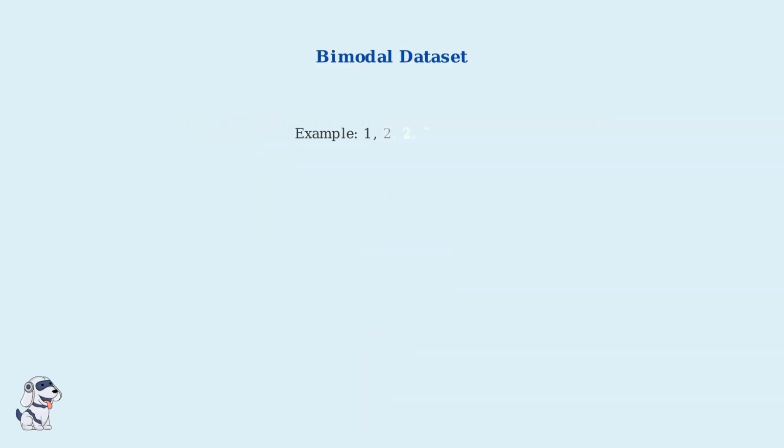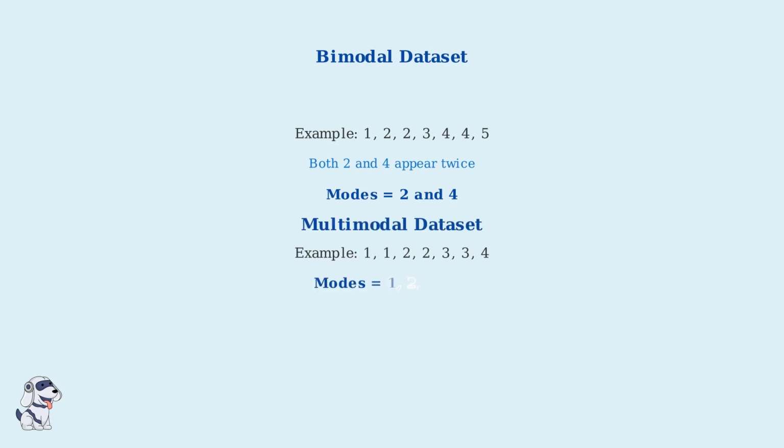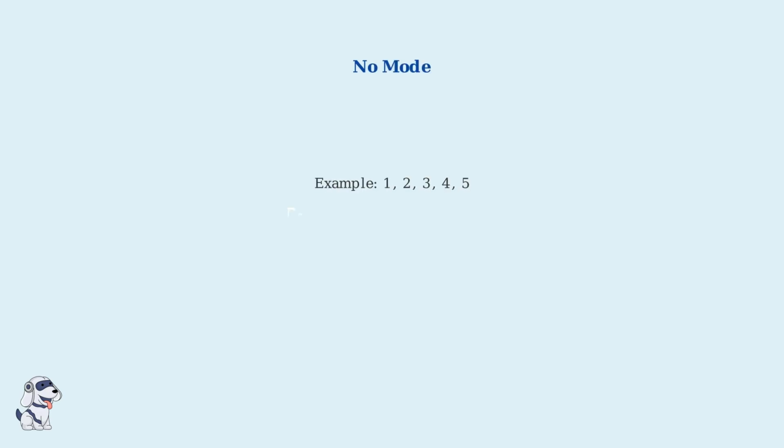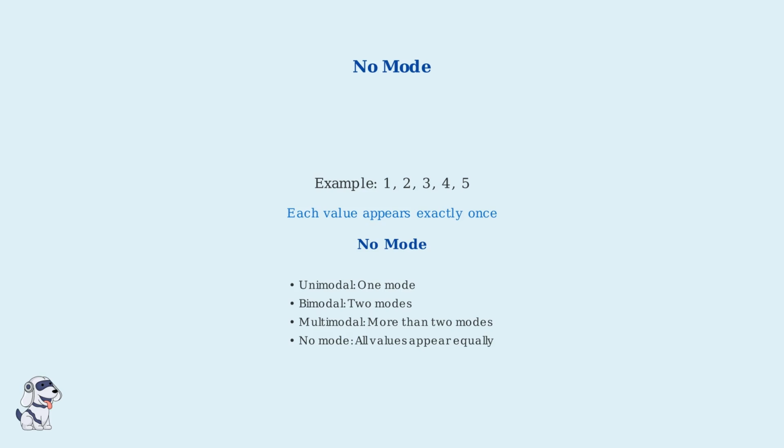Some datasets can have more than one mode. A bimodal dataset has exactly 2 values that appear with the same highest frequency. A multimodal dataset has more than 2 modes. For example, if 3 or more values share the highest frequency, the dataset is multimodal. Finally, some datasets have no mode at all. This occurs when every value appears with the same frequency, or when no value repeats. Understanding the mode helps identify the most common values in your data, which is particularly useful for categorical data and